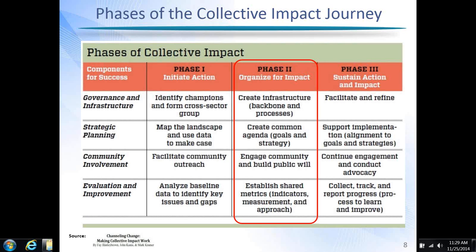What structure do you use to organize the strategy? And how do you make sure you've got broad engagement and you're building that support? And then how do you not only establish shared metrics, but also use them? So that'll be the lion's share of what we'll be talking about today, although some of what we talk about will also fit into some of the Phase 3 topics.